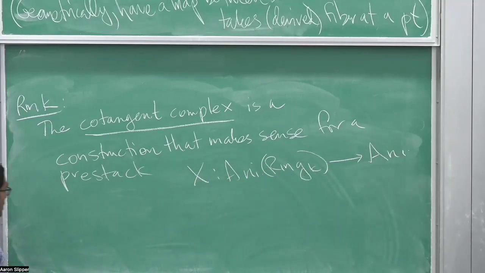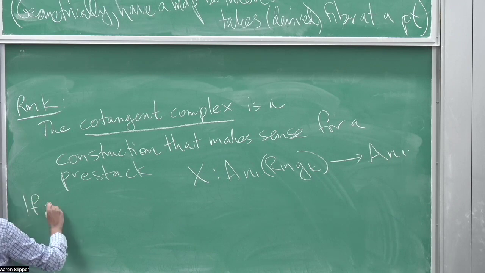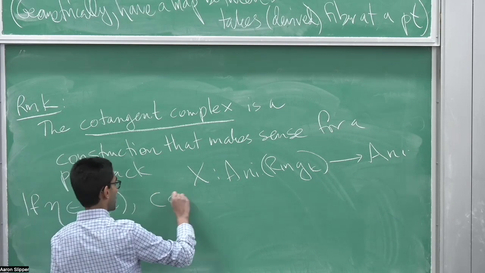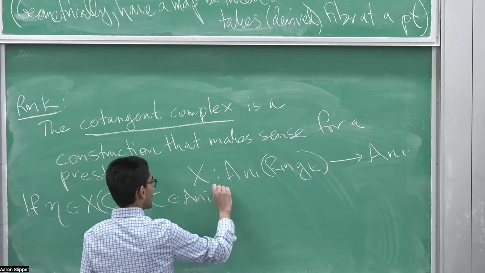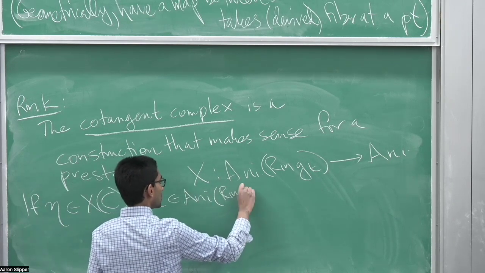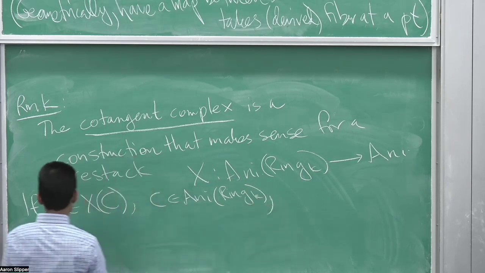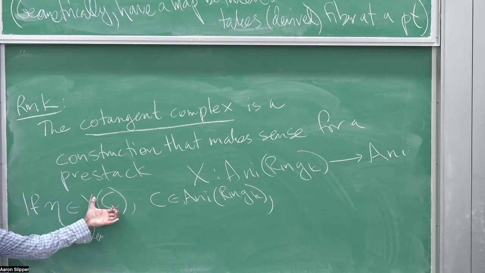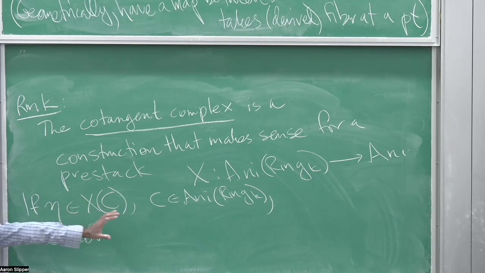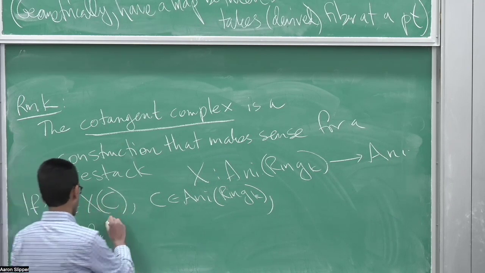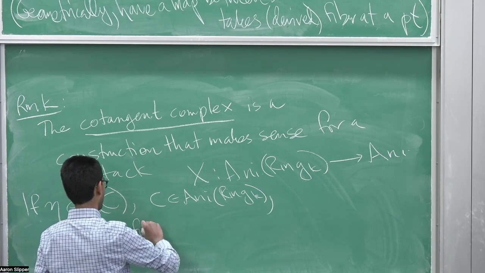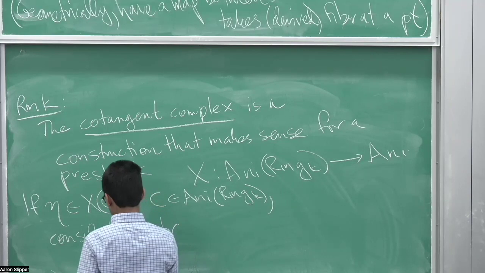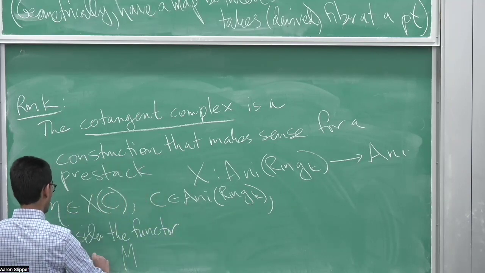So the idea is that if I have an element eta in X of C, where C is an animated ring, well, I can consider how this point eta deforms along a square zero extension. So consider the functor which carries a C module M